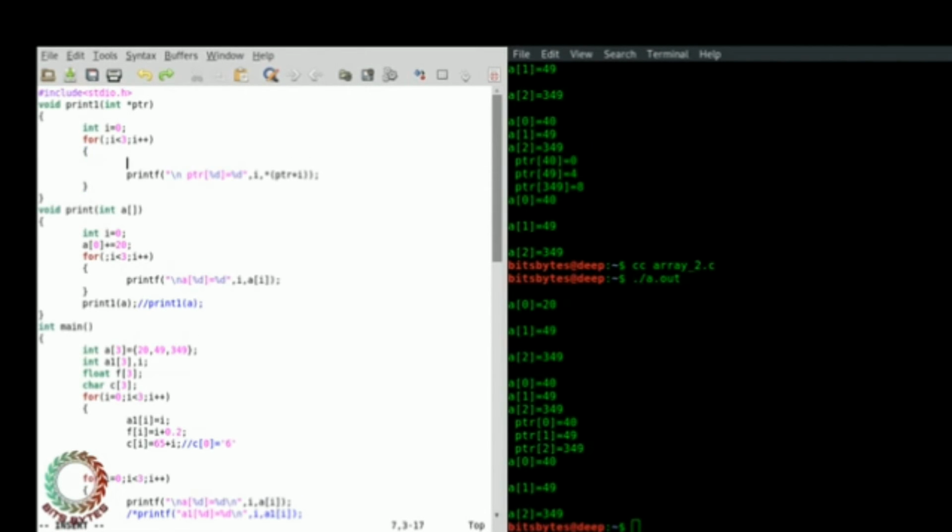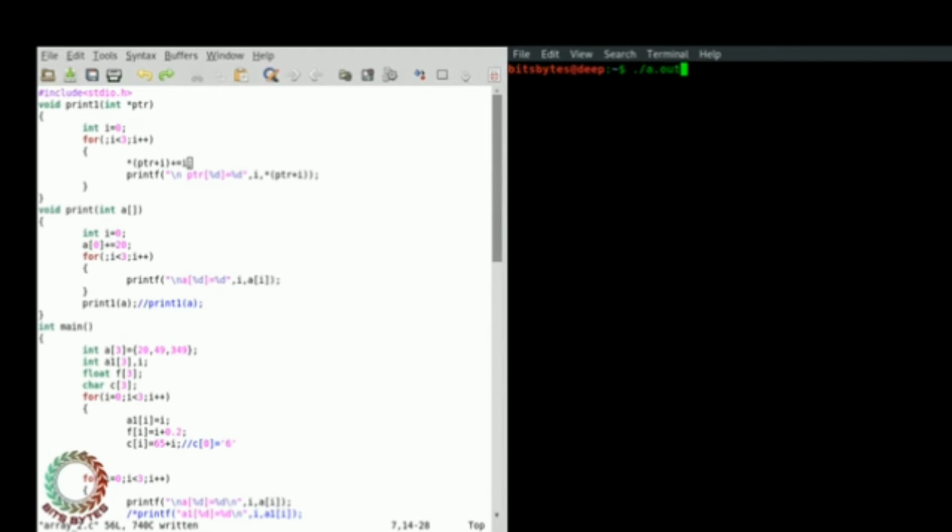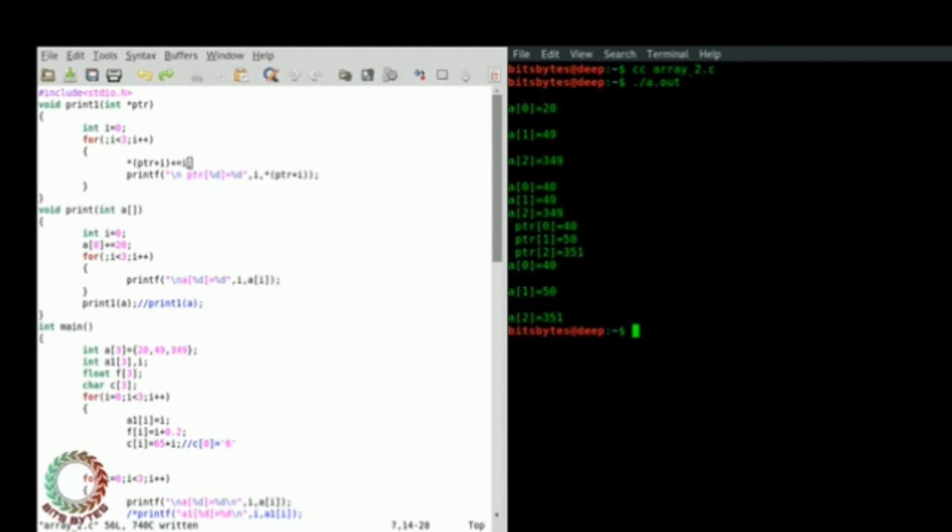If I change anything, then both copies change. See, the original value is this.